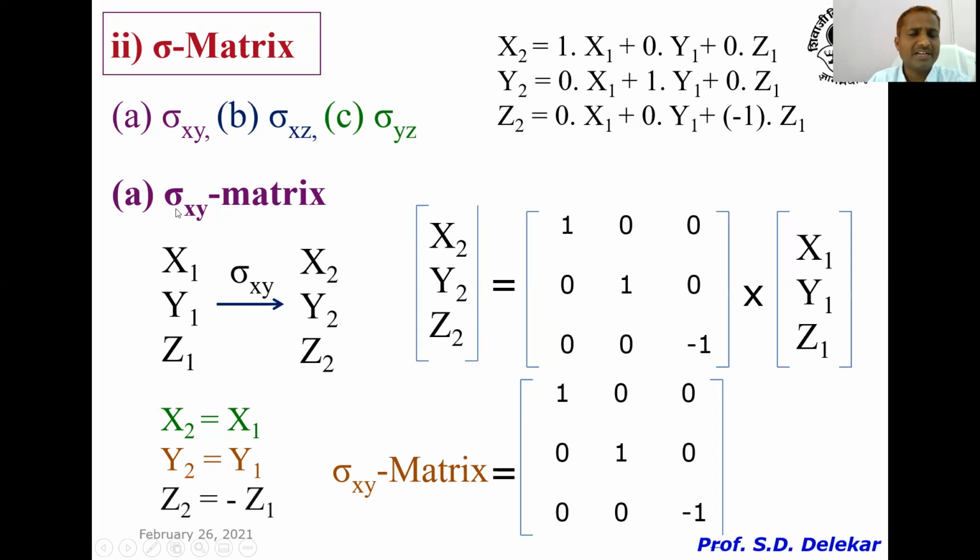So in this, you know that. Let us see sigma xy. Sigma xy means the plane lies along the x and y directions. Let us see x1, y1, z1. These are the Cartesian coordinates before the operation. And when you operate sigma xy on this, we are getting x2, y2, z2. These are the Cartesian coordinates for the new orientation. So these are the Cartesian coordinates for the original orientation of the molecule, and these are the Cartesian coordinates for the new orientation